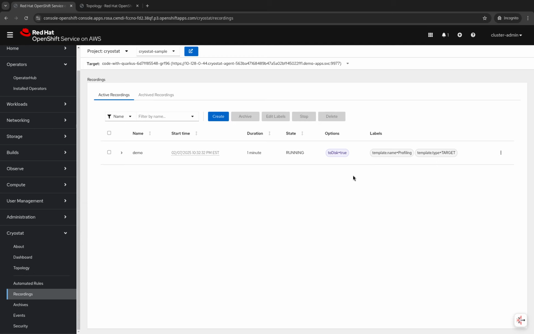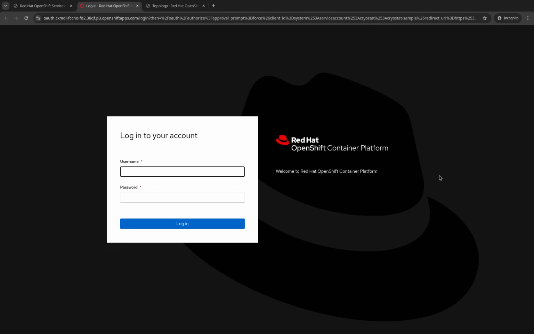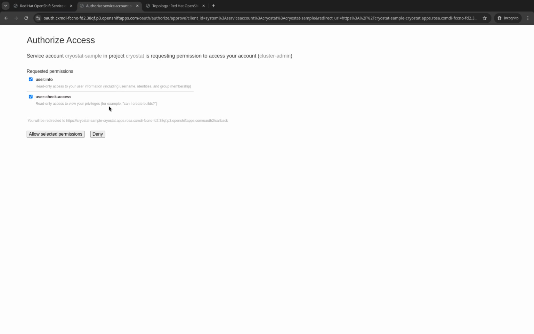So that's running. And now we're capturing JFR, JDK Flight Recorder data from that application. While it's running, we can still do our typical things of, let's say, we can view this analysis in Grafana. So I have to give this my credentials here. This is the same credentials that I used to log into the cluster initially. I have to re-enter them here. Let's allow these permissions,